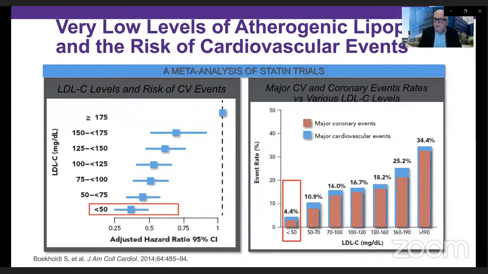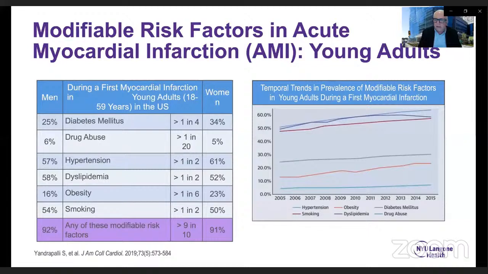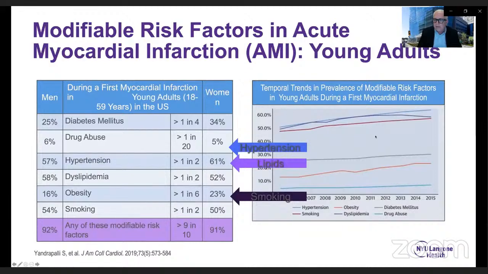Because there are significant determinants of risk when it comes to change in LDL cholesterol levels. And you can see the same data here: major coronary events, major cardiovascular events, all seem to go down with reductions in LDL cholesterol. So why are we talking about LDL cholesterol at all? It remains obviously a significant risk factor. Here we're looking at myocardial infarction in young adults, and one of the most important risk factors, hypertension, lipids, and smoking. And so again, these temporal trends don't seem to be changing much over time,